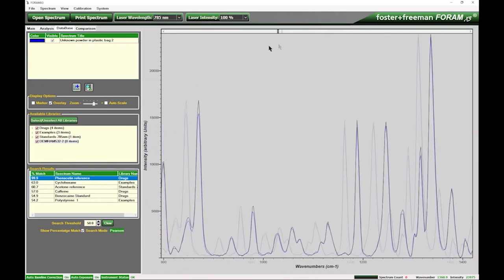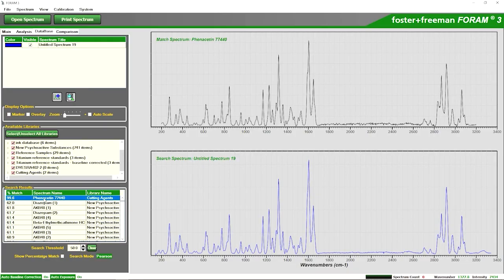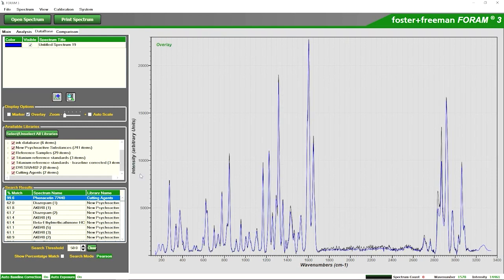Certainly within our Foram X3 software, we allow the capability for the end users to create their own databases, so it's relevant to the examinations that they perform. So you would need to obtain reference materials, reference standards of the pigments and paints of interest. You would analyse those individually and create your database. That will then give you your database with which to try and identify unknown materials that form these paintings and